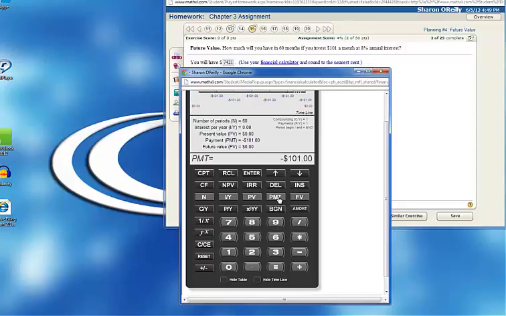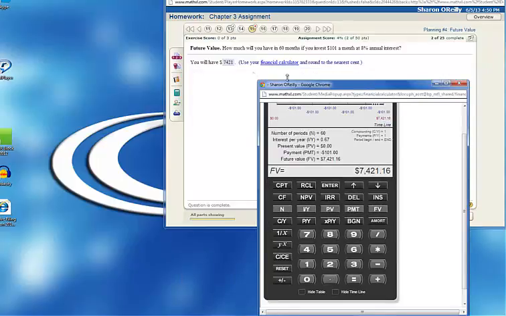So for monthly, 8% divided by 12, and I get 0.66666, a number of sixes, and then the last one will round to 7. Rounded, it is 0.67. Now I will compute future value, and I get